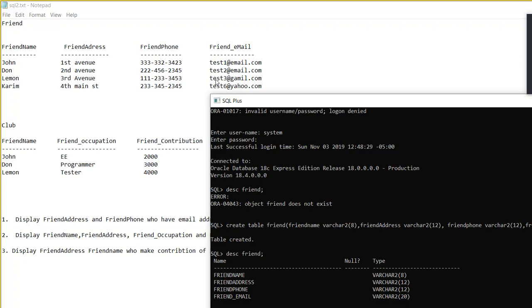Again, it will be in the quotation. And what is the address? First Avenue. Okay. Next field is friend phone. What is his phone number? Again, it is a varchar. I'm going to put it in the quotation, and then